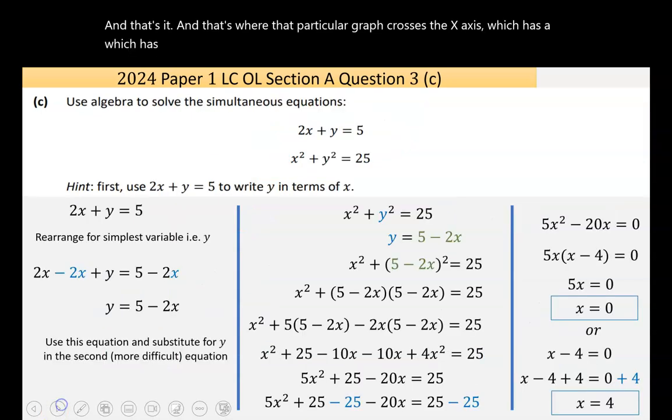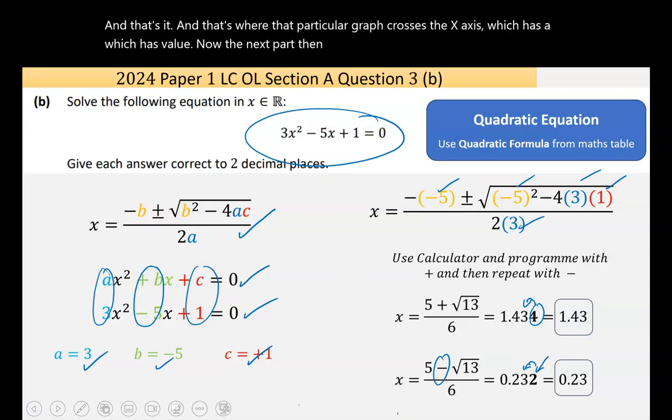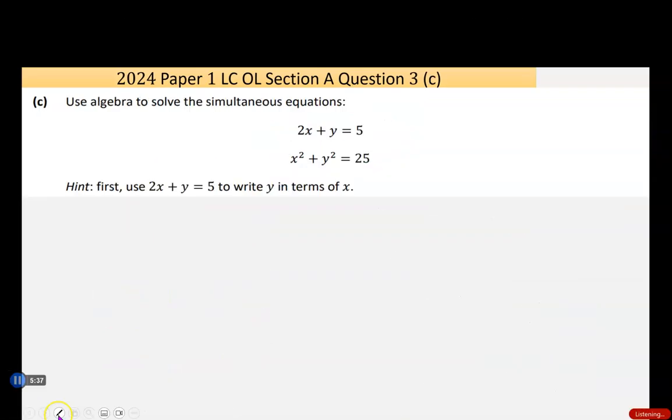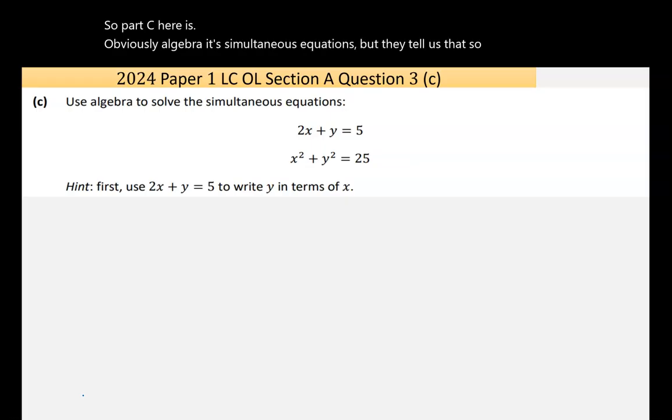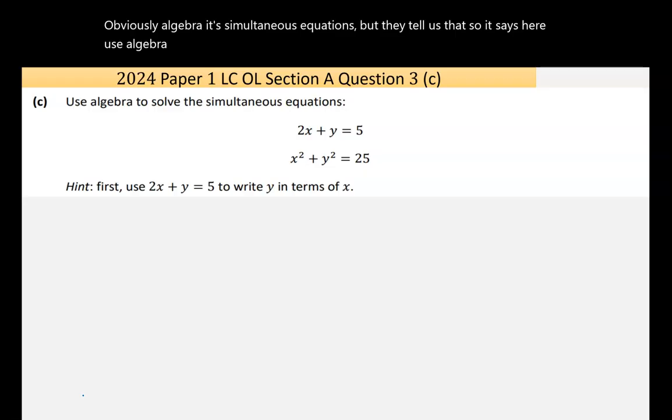Now, the next part then is on simultaneous equations. So part C here is obviously algebra. It's simultaneous equations, but they tell us that. So it says here, use algebra to solve the simultaneous equations 2x plus y is equal to 5, which would